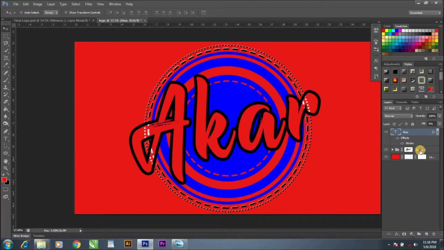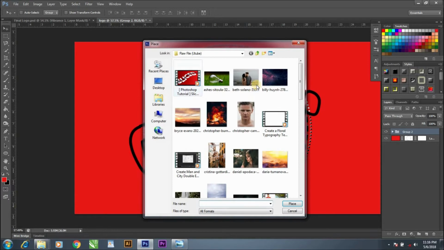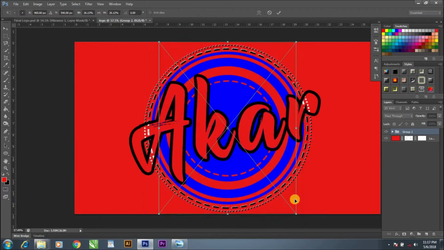After this, group these two layers, Control G, and then place the picture that you have present here in your computer. I have this picture, place it,